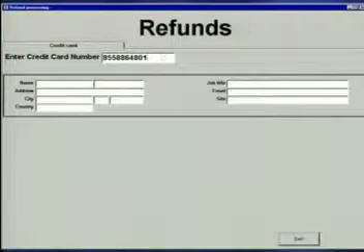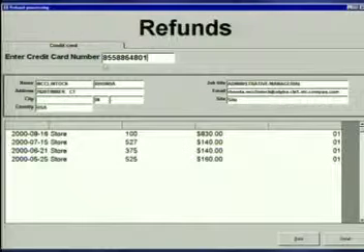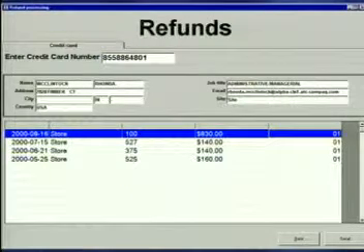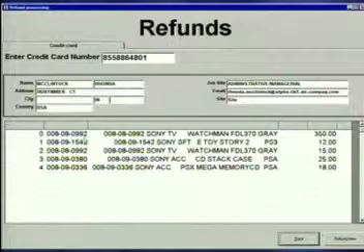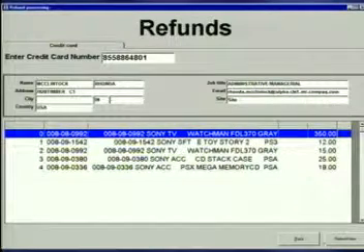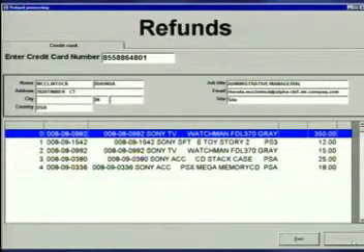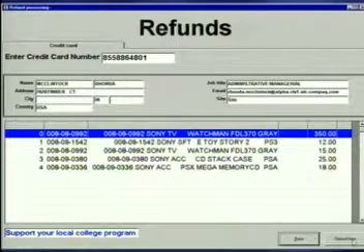And as I come into the refund system, I'm going to select some items to do a refund on. We'll see that the line item detail for a certain purchase is here, and I'm going to refund this television. And at the bottom of the screen we see that it makes an offer to actually upsell me. She's done nothing wrong. She has nothing fraudulent in her history, so we decided to take the opportunity to offer her to join a local college program where we support our college and she can contribute part of her purchases